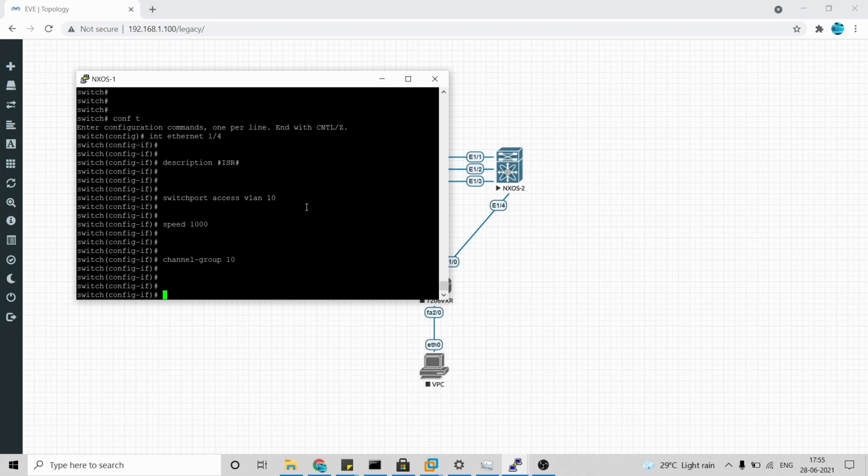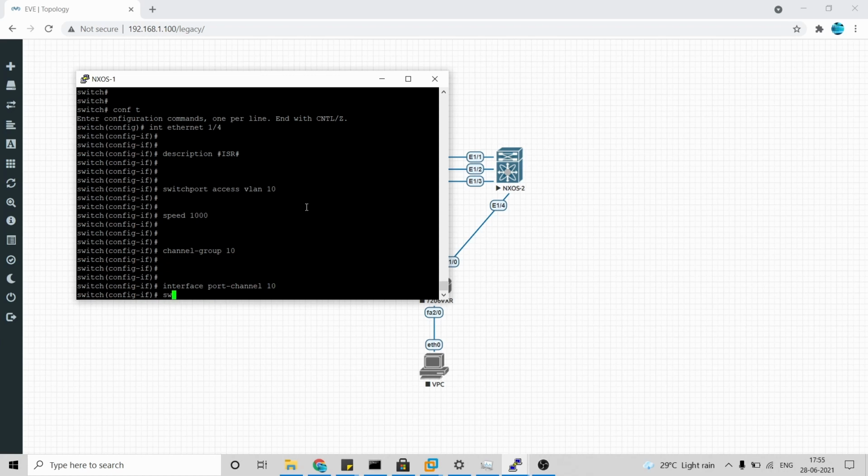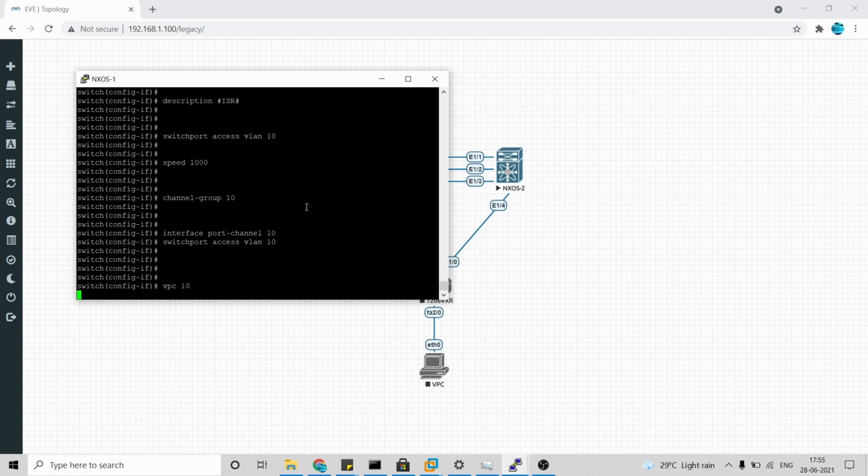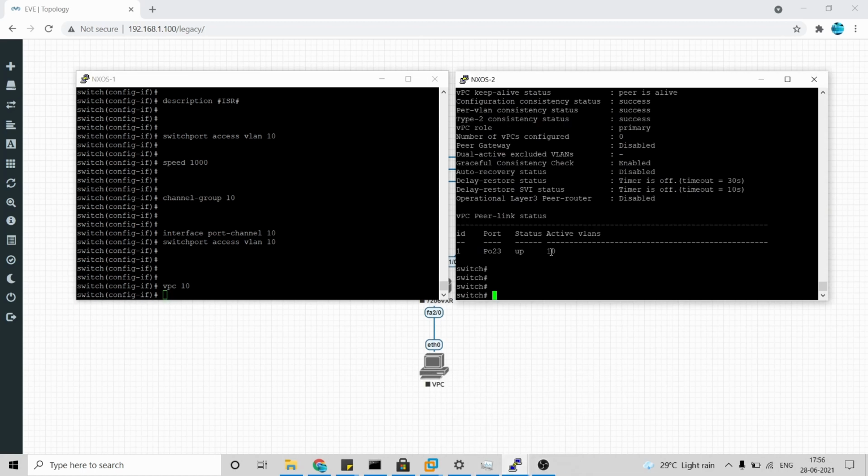Once that is done, I'm going to configure interface port-channel 10 with switchport access vlan 10, and the main command which defines that this is a VPC interface is vpc 10. Okay, so this is also done.